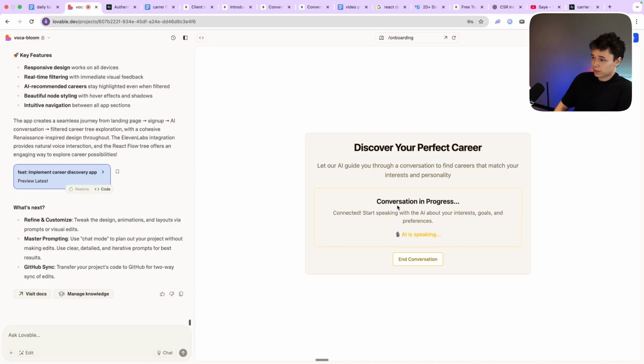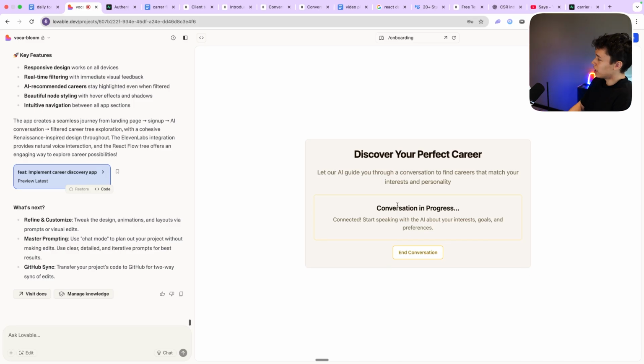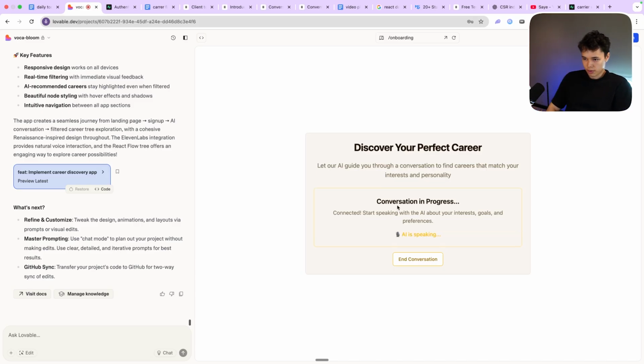For example, would you describe yourself as someone who likes to take charge, or do you prefer to work behind the scenes? Are you creative, analytical, outgoing, or more introverted? I would say I like to take charge, and I would say I'm pretty creative. And I don't know where I would fall on the introvert extrovert spectrum. Okay, so you like to take charge, you're creative, and you're somewhere in the middle on the introvert extrovert spectrum. Based on your interests and personality, I think I have a good idea of a career for you. I think you would be a great entrepreneur. Does that sound like something you'd be interested in?